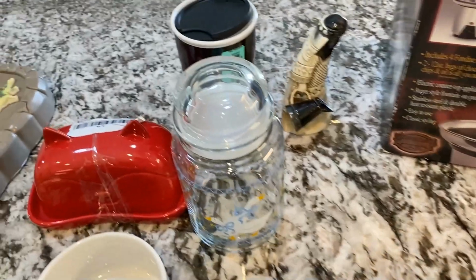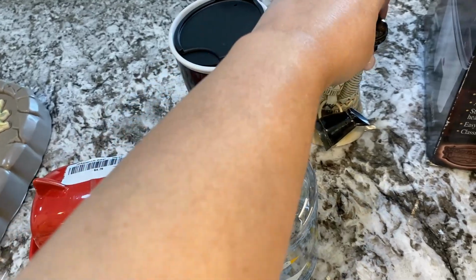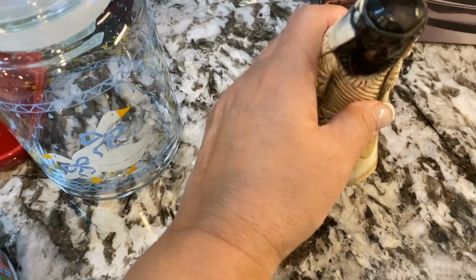So that was our shopping trip. I thought we got some really cool stuff. I am so impressed with this horn thingy. We'll see how it does. I expect to sell it,